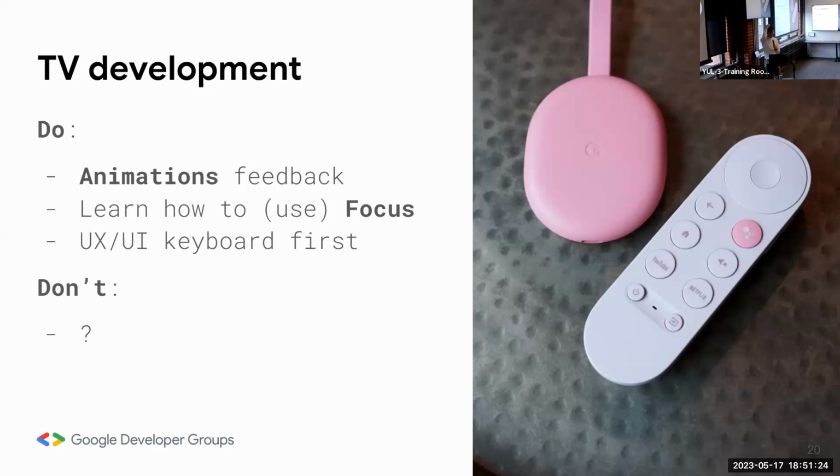So for the TV development, what you have to do is animation feedback. It's a big screen. So imagine you have a whole wall, an app. You click, and then you go from a black screen to a white screen with animation. It would just kill your eyes. So try to make things fade or slide or make something bigger, smaller, just move. Because it's very bright, and it can be very hurtful. You have to learn focus, but the widget, because you have to handle everything with the keyboard.